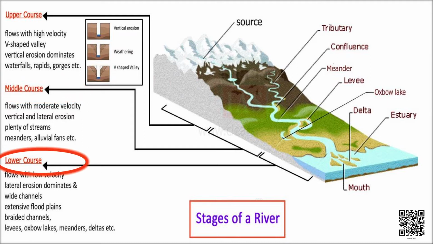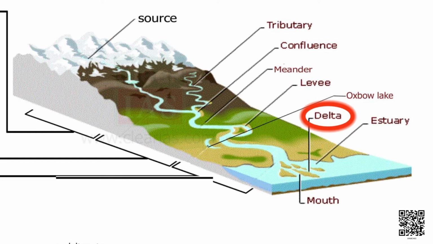Coming to the last stage of the river, that is the old stage or the lower course. During the lower course, the river carries a lot of silt and sediments on its bed. Unable to carry those loads, it starts depositing, and it creates a lot of features. The most important feature is the delta. What is a delta? Delta is a triangular fertile land formed by the silt and sediments brought by the rivers